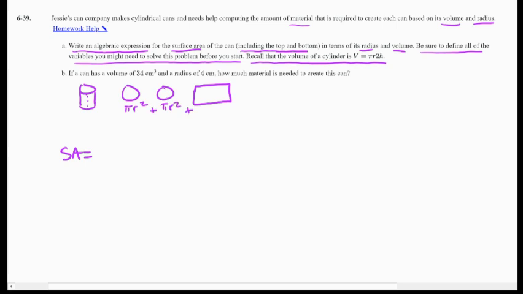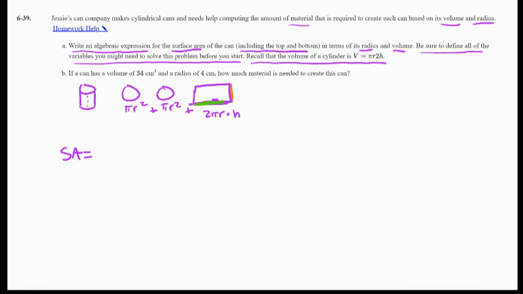And then my rectangle here, really I need to find the circumference of the circle, which will be this side length here, which would be 2 pi r, because that's how we find the circumference of a circle. And then this side here, in orange, that is our height. So we'd multiply 2 pi r times the height here. And again, that's the circumference of that circle, which gives us the side, and then the height, which gives us